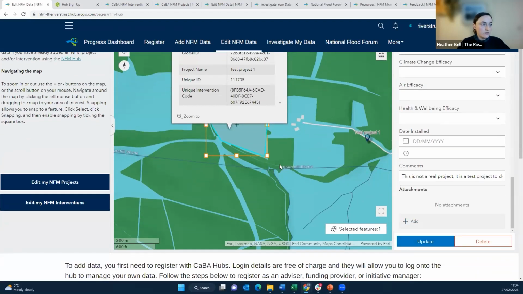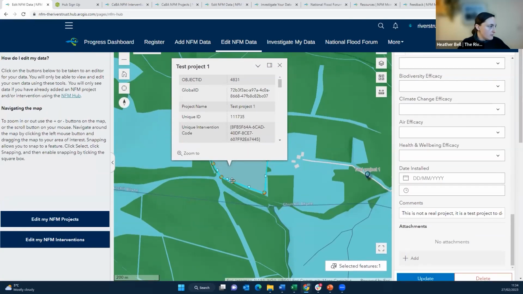But what we can also do is change the geometry of the feature. So if we right click on it, just scroll up a bit so you can see better. If we right click on it, we can actually start to interact with that feature in the map. So if I then left click now, it's got a little plus button. It's actually adding what we call a vertex, so it's just another part of that polygon,